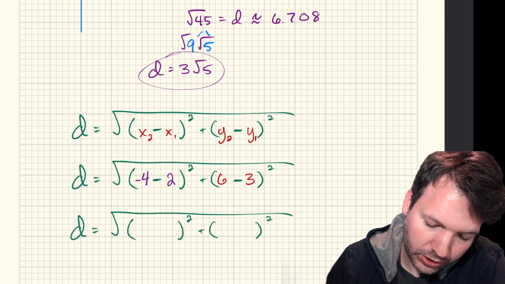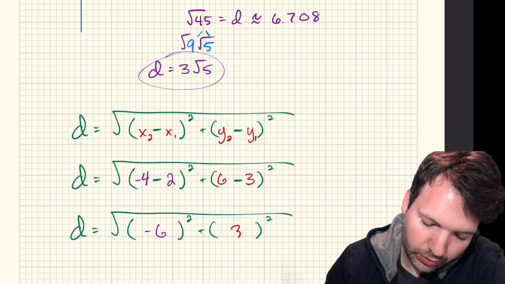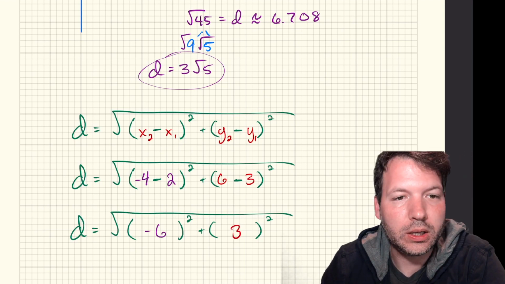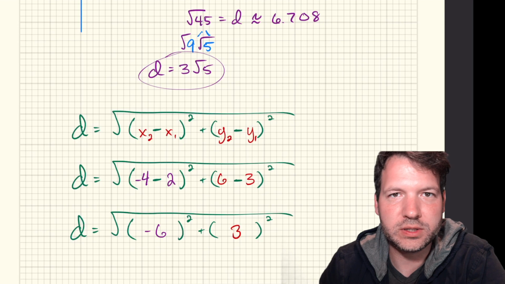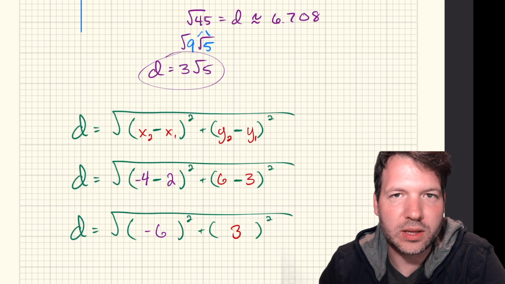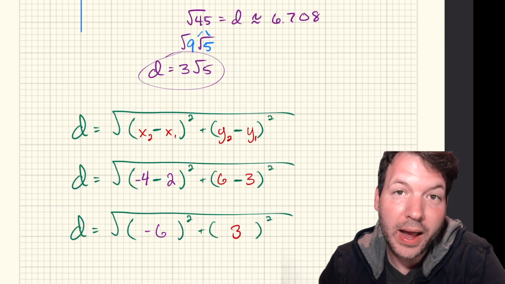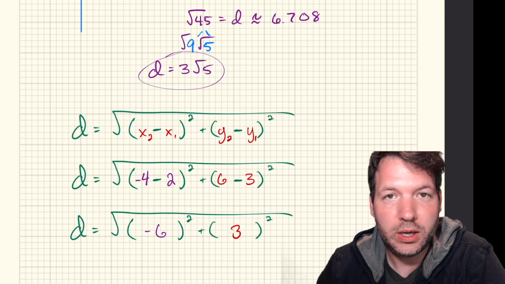-4 minus 2 is -6. And 6 minus 3 is +3. Now these numbers, first of all, you should be able to tell why the order doesn't matter. Whether we had gotten 6 or -6, either way when we square it, we get 36. Whether we had gotten 3 or -3, either way when we square it, we would get +9. So this is why we say the order doesn't matter for the x coordinates or the y coordinates. As long as you're subtracting x coordinates from x coordinates and y coordinates from y coordinates, you're set, you're good